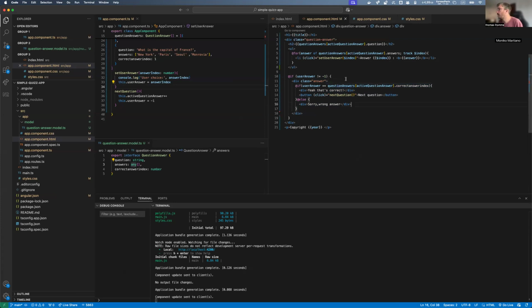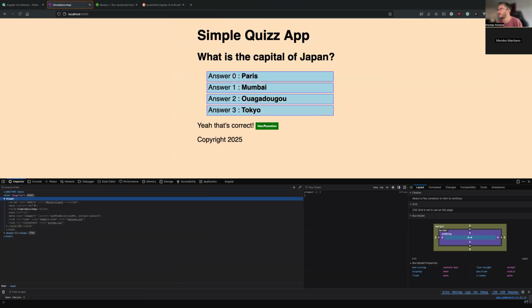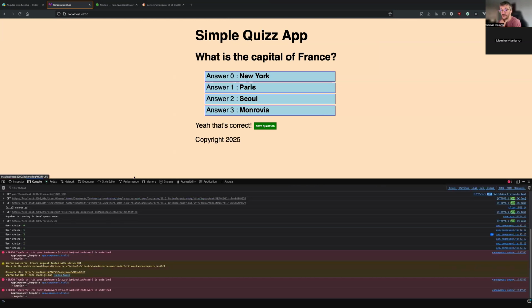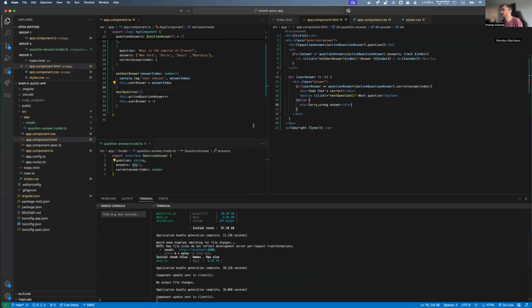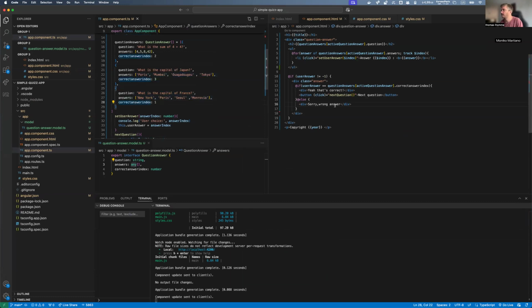Okay, great. So everything works greatly, but we still have a problem, right? If we go here and say next question, okay, next question, okay, next question, okay, and then nothing happened, and plus you have some error displayed here in the console. Obviously, because we're arriving at an index that does not exist. So instead of having this button, it would be better maybe to say, hey, I want to restart the quiz, maybe.